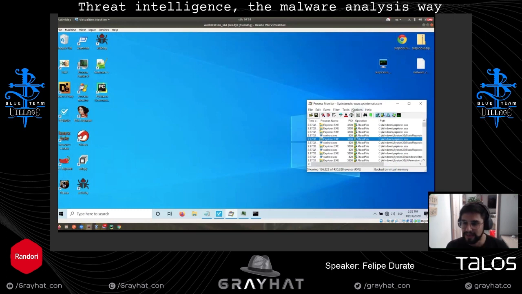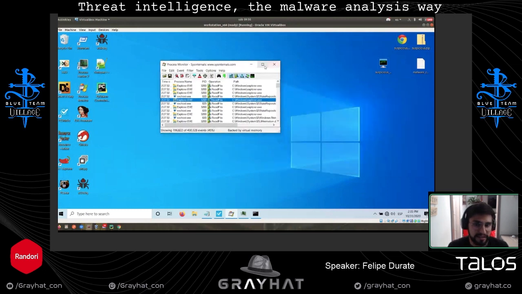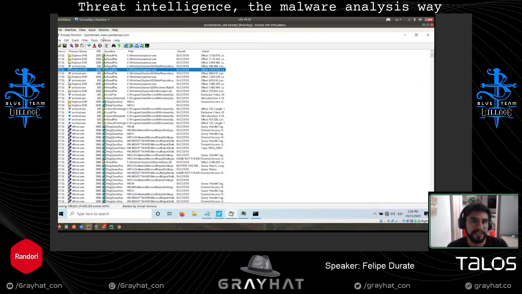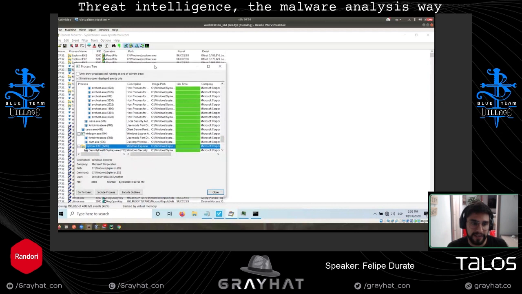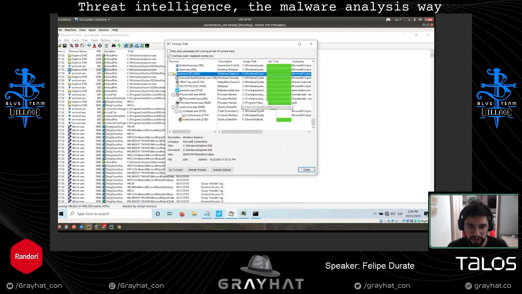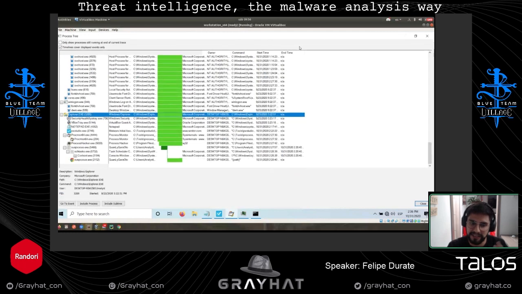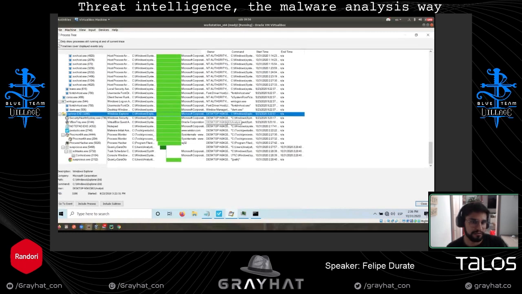Remember that when I ran the sample, I opened this Process Monitor console, and there is one really nice functionality, which is the process tree. If you go to the process tree, you can see the process's behavior over time, and that gives you a lot of idea of what is going on.